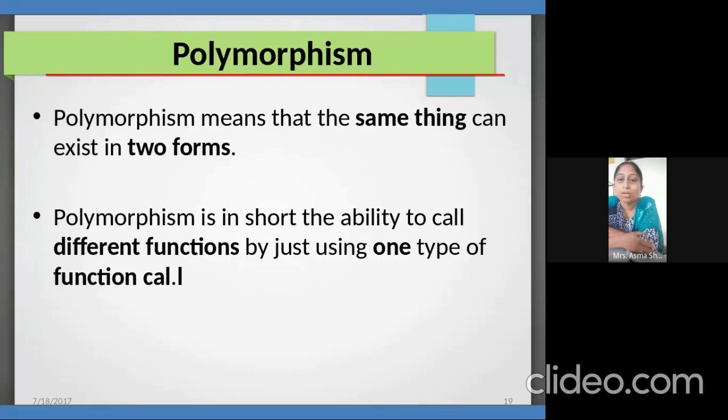Polymorphism. In polymorphism, poly means many and morphism means forms. This word comes from Greek, where we have one name having many forms. For example, one name having many forms is our addition. If I told you to perform the addition, it can be on numbers, can be on